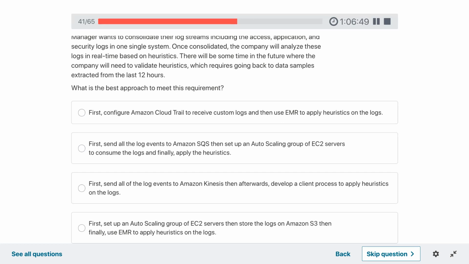So this will be to send all the log events to Kinesis because it is real time. And then afterwards, develop a client process to apply heuristics on the logs.